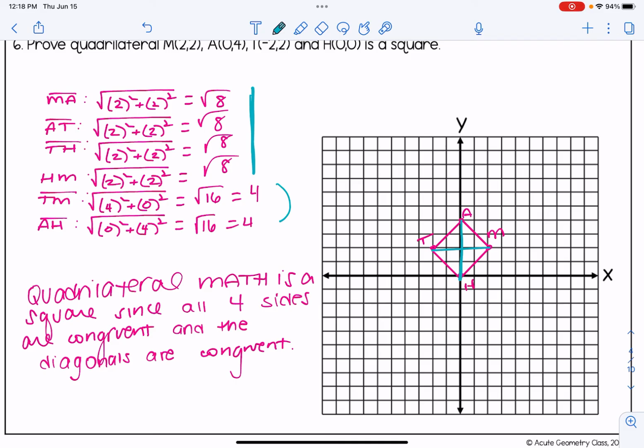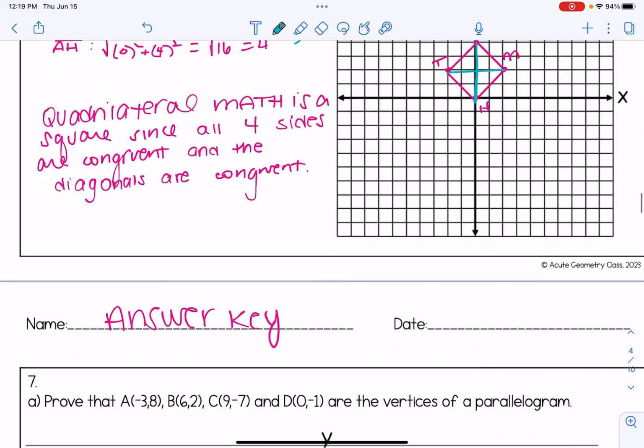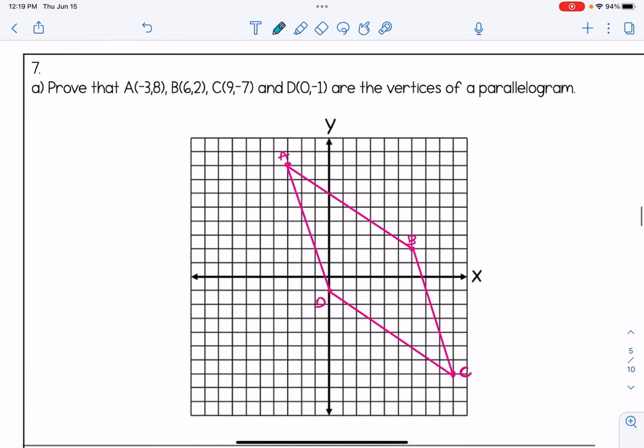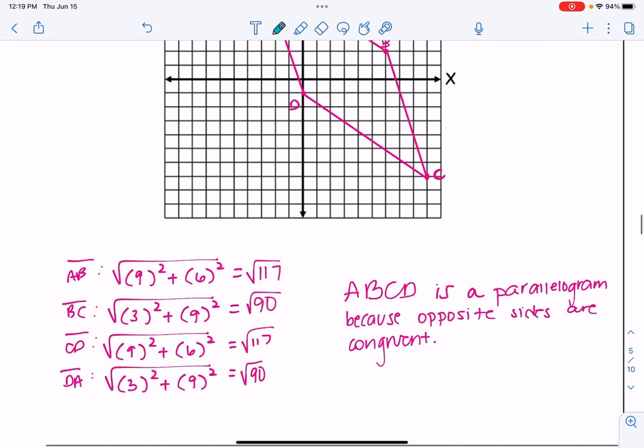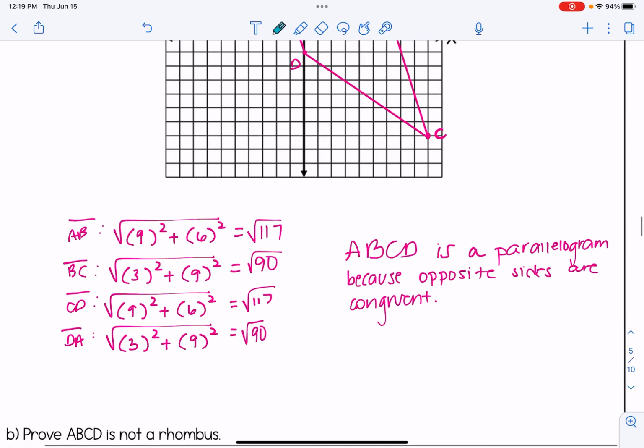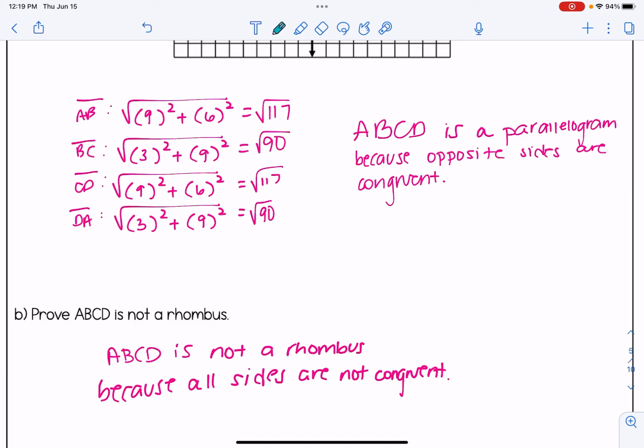I do want to show you one more proof in this video. This one just has an extra part to it. It says prove that A, B, C, D are the vertices of a parallelogram. Well, that's not really new, right? We did that in one of the previous questions. We plot the points. We do the distance formula 4 times. We see that the opposite sides come out to be the same value, and we write our conclusion. ABCD is a parallelogram because opposite sides are congruent. There's nothing new there. However, this problem has a part B to it, and it says